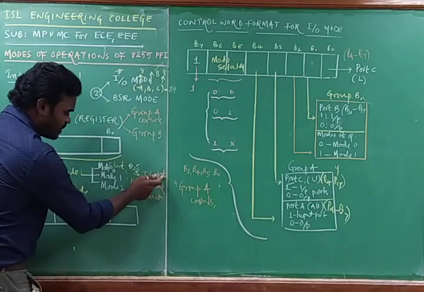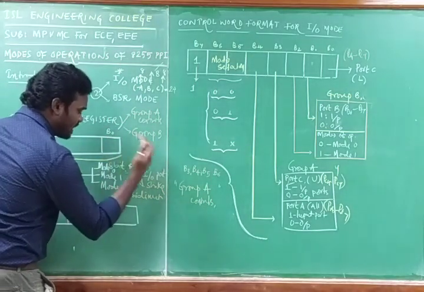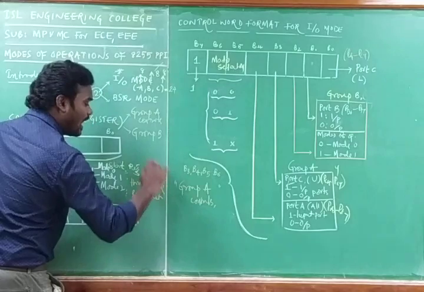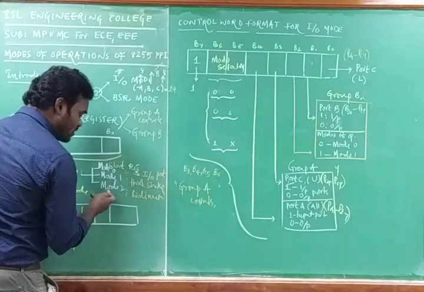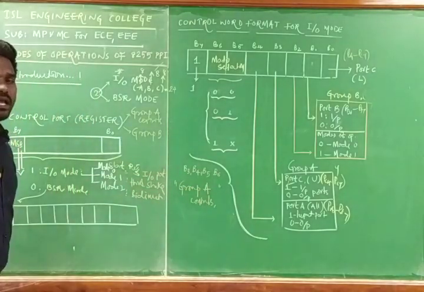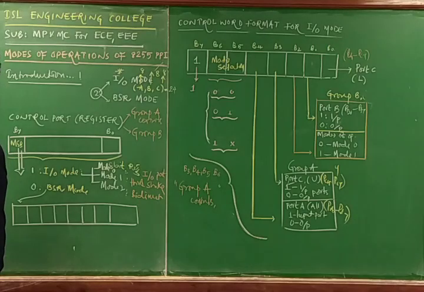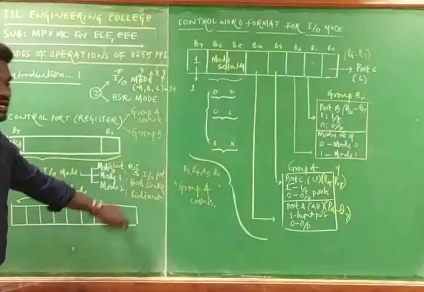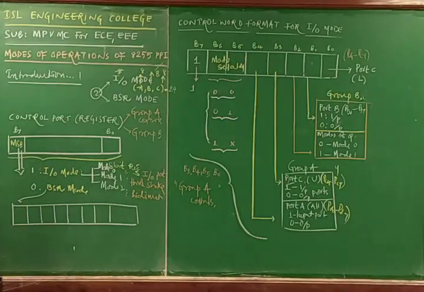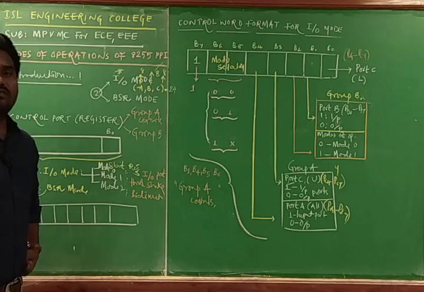Here in mode 0, a port can be used either as input or output. But in the case of mode 2 operation, the same port can serve as input as well as output, and so we can call it a bidirectional one, and in this way we can go through all the various operations of the 8255 PPI.